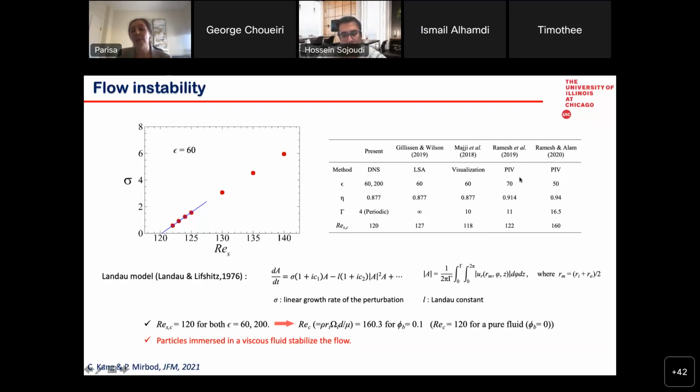And if you want to see more, in their paper, Ramesh and colleagues use PIV and density matching. They also mention density matching problems and the variation of temperature. They mention how, by adding a little surfactant to the flow, they try to make it density matched, so that the particles are all the same and there is no sedimentation. Well, that's quite challenging, so we're trying to figure all that out. PIV is interesting, and I think they are working on that.